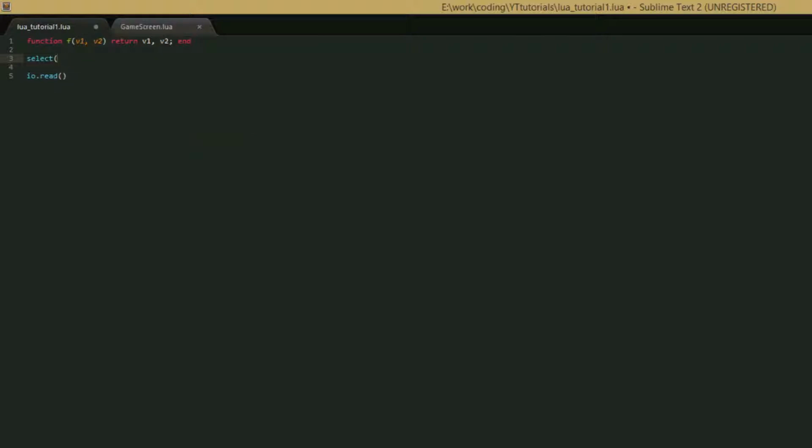So what you do is you say select, and then you call f for the first argument. Or no, the first argument is which return value you want to get. So we can say 2, and then we can call f. So if we save this, we need to actually give f parameters, so we'll just say 3 and 4. So what this should do when we call the function is it should just give us 4, and we'll print it so that we know. So print,